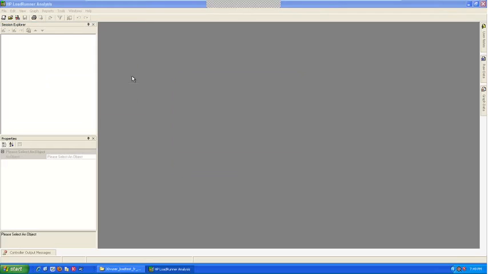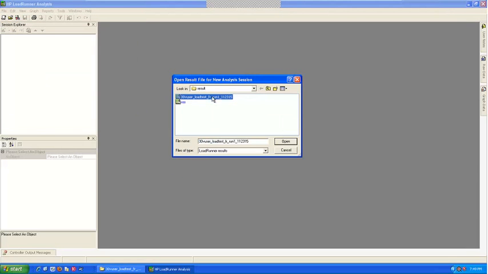If I say file new, it's going to show me this result file, the LRR file, LoadRunner result file. But if I say open, it's showing the analysis session file, that is the LRA file.